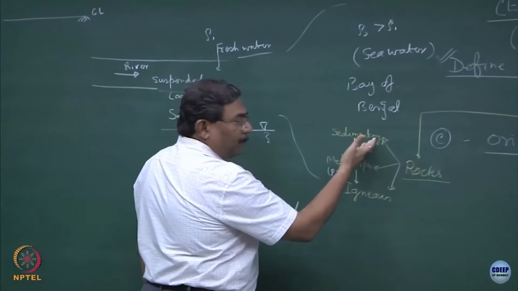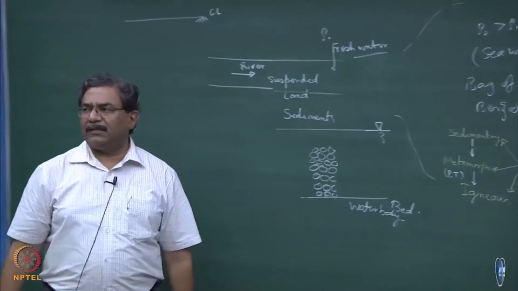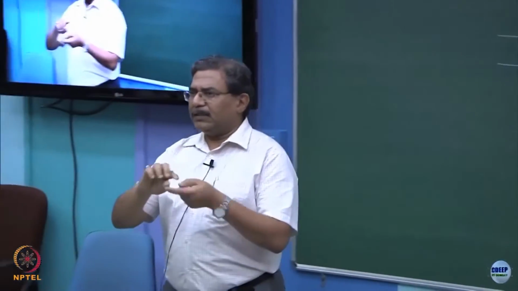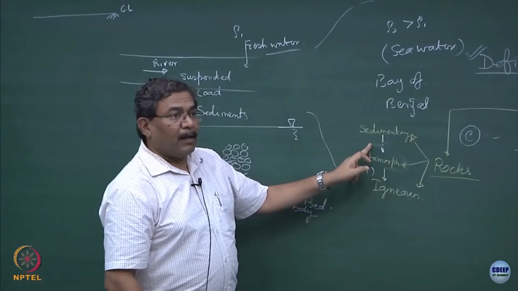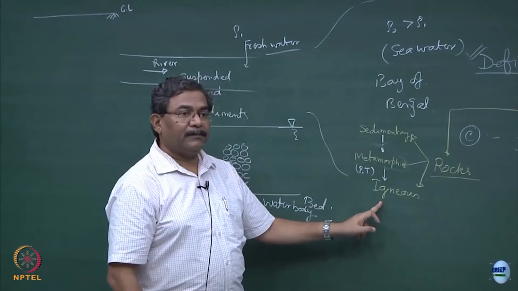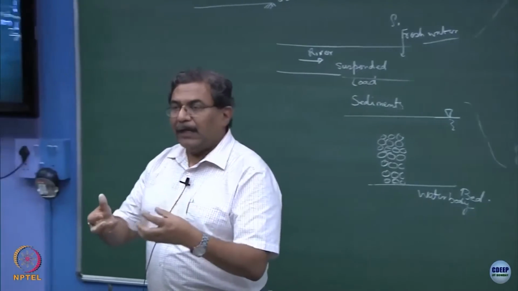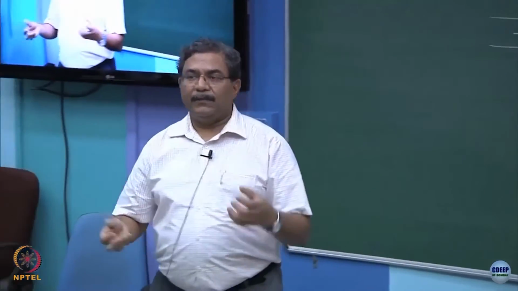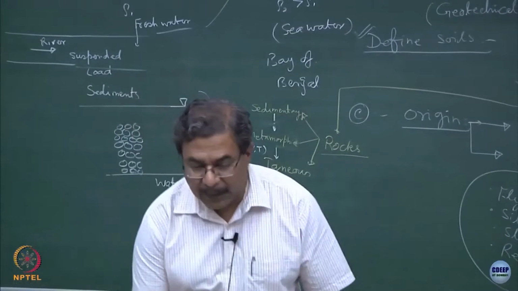Now this system gets metamorphosed because of several things: pressure, temperature conditions, chemical conditions, fire, whatever becomes metamorphic. Under extreme temperatures and pressure, this becomes igneous, it becomes magma, it becomes a highly uniform system. So these are the igneous rocks. I hope you are aware of some of the examples. You can write